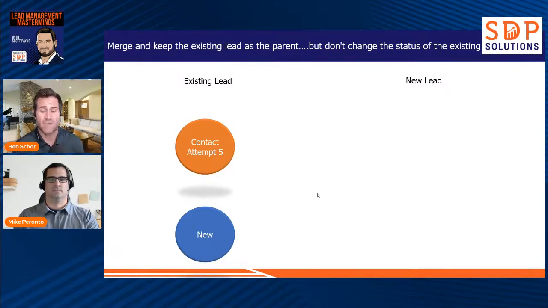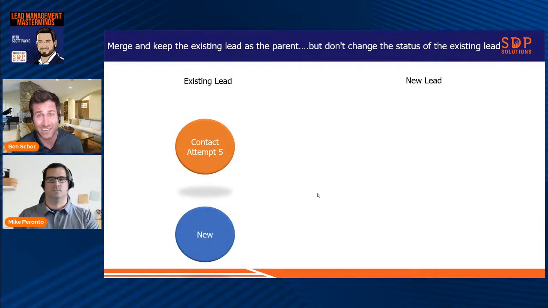In this case, if I run a report that says very simply, how many leads did I get from lead source A today? If a new lead came in from lead source A, but becomes the child lead in this scenario, then that lead provider is going to say, I sent you 10 leads. And you're going to say, no, you only sent me 9. Now, there are Velocify reports that will show you that you actually did get 10 and that one of them became the child, but you need to know to look for that. And it can be hard to remember to look for that. Plus, in other reports that you might use regularly, you're just not going to be able to see it. So that's a reason why you need to be careful with this type of approach.